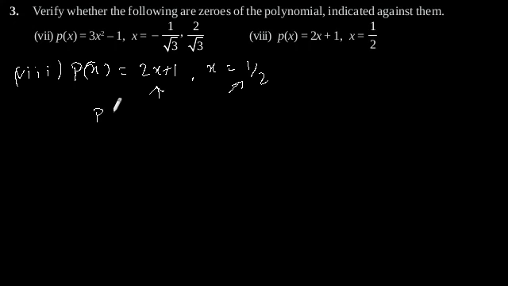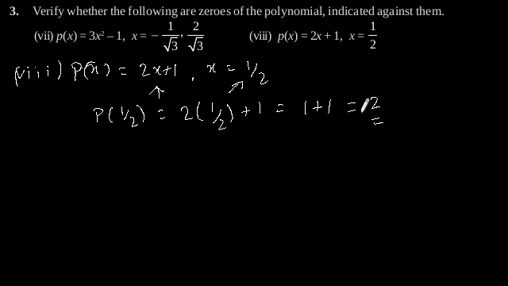So putting x is equal to 1 by 2, we will get p(1 by 2) is equal to 2 into 1 by 2 plus 1, equal to 1 plus 1, which is equal to 2. So here we can see that p(1 by 2) is not equal to 0. So x is equal to 1 by 2 is not a zero of the given polynomial. So answer is